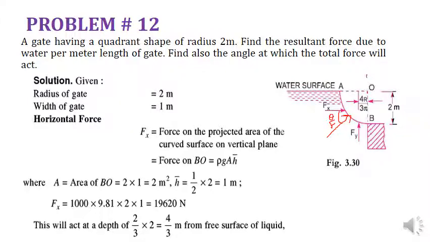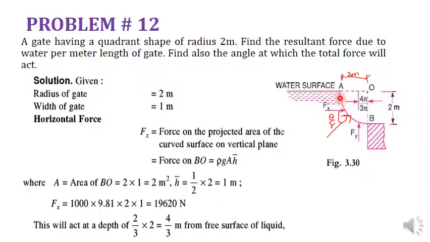So in this particular case, again you can draw a perpendicular from the start and end of the curved surface, like A and B. If you draw the perpendiculars, they are going to intersect each other at point O, and from the point O to B and O to A, that distance will be the same, equal to the radius of this circle, and this is equal to 2 meters. So for the quadrant, you are familiar that the center of gravity distance will be different in both of the cases. So we will see during the solution of this problem. So come to the solution.